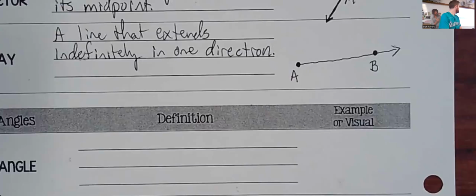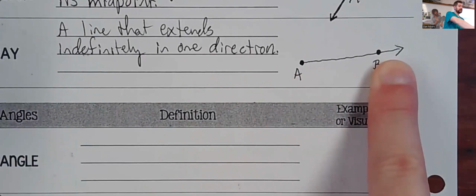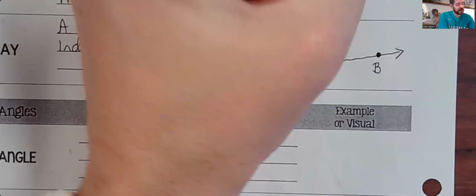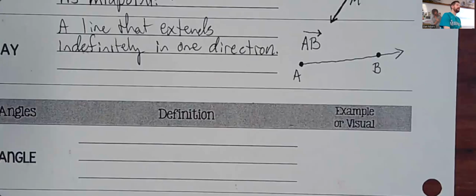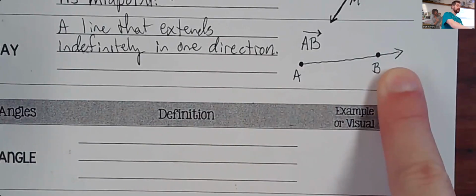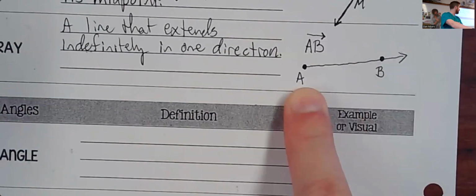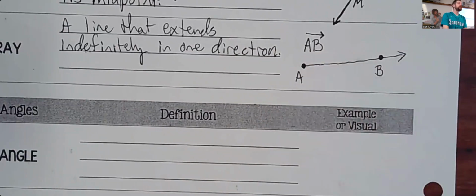However, here, this one has a start point and it goes through another point. So it does matter how we write the symbol above the letter. So if you write AB, the part with the arrow has to go above the B because it starts at A and it goes through point B. So direction with these matters. Does that make sense, hopefully? So we start at A, that's where the non-arrow is, and then B is where the arrow is, so arrow goes above B. You could flip the letters around